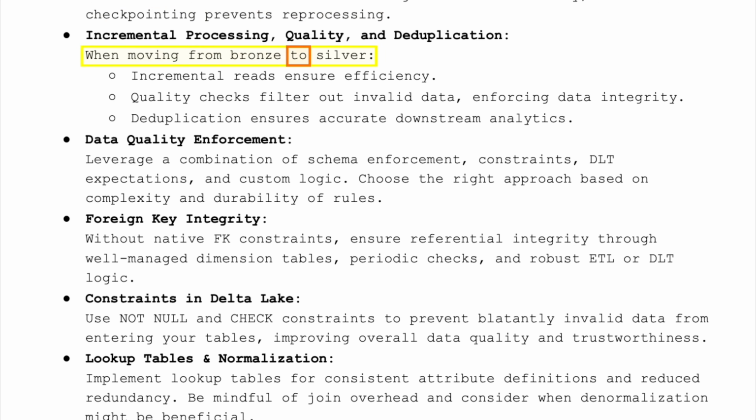When moving from bronze to silver, incremental reads ensure efficiency. Quality checks filter out invalid data, enforcing data integrity. Deduplication ensures accurate downstream analytics. Data quality enforcement: leverage a combination of schema enforcement, constraints, DLT expectations, and custom logic. Choose the right approach based on complexity and durability of rules. Foreign key integrity: without native FK constraints, ensure referential integrity through well-managed dimension tables, periodic checks, and robust ETL or